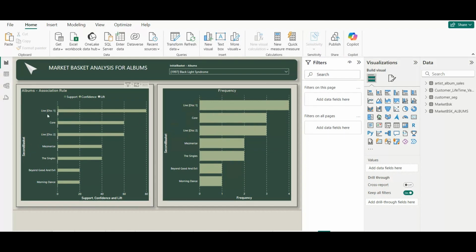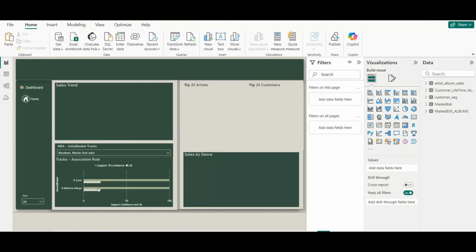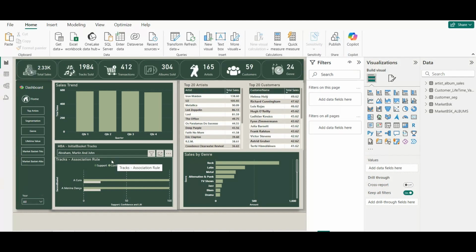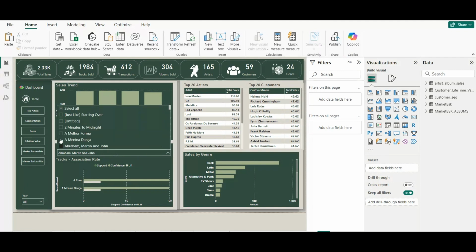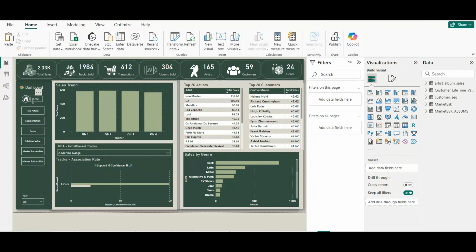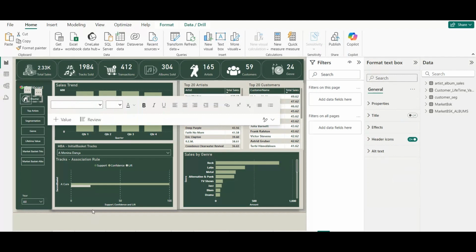So based on all this, this can take me back to the dashboard. So here I also have the MBA for track on the dashboard, so that we can easily pair. So for Emenina Danka was bought with Acura, so 100% confidence, 19.84% of lift. So these two can be paired and they can be placed side by side. So if I want to now go back to my own page,